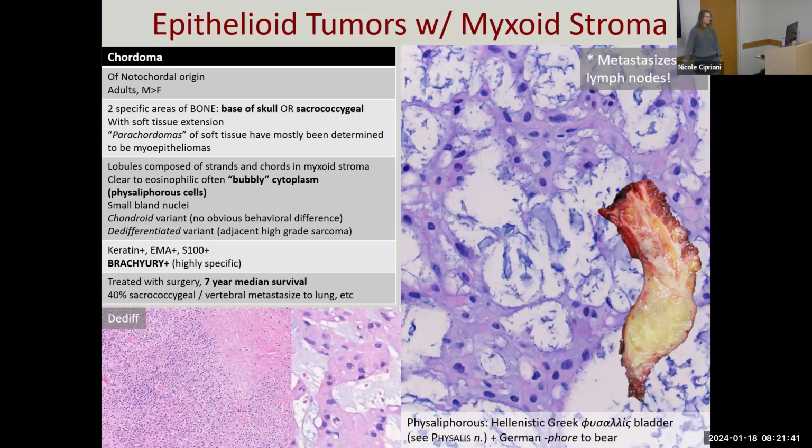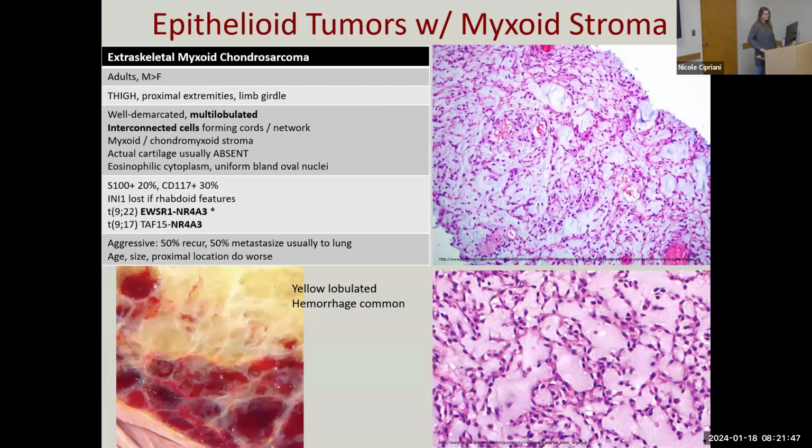Surgery with negative margins is usually what these guys get. But yeah, the problem is they can locally infiltrate, they can recur, and they can metastasize. So not a good thing to have a chordoma. The last one is extraskeletal myxoid chondrosarcoma, and this is probably the hardest one to diagnose because it doesn't